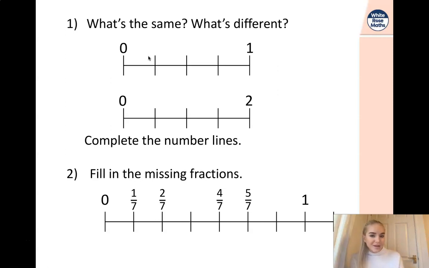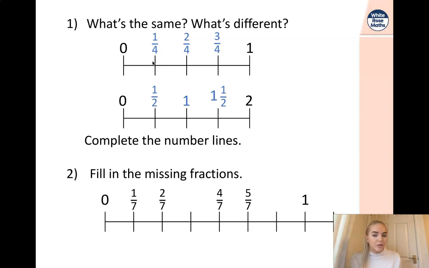So if we're going from 0 to 1, we know that the first would be 1/4 because we've got four sections and this is the first one. The second one would be 2/4, then it would be 3/4, and then it would be 1, which is the same as 4/4. For number 2 then, that goes from 0 to 2, it would be 1/2, 1 and 1.5,